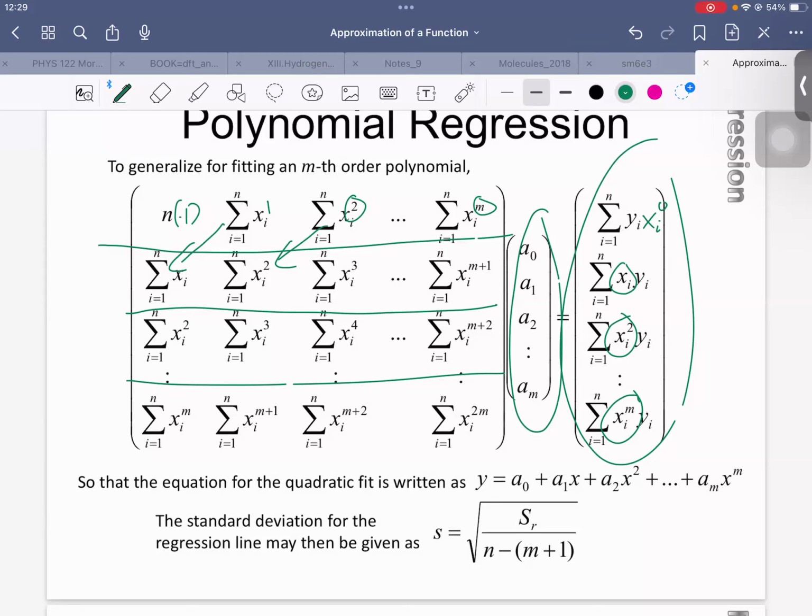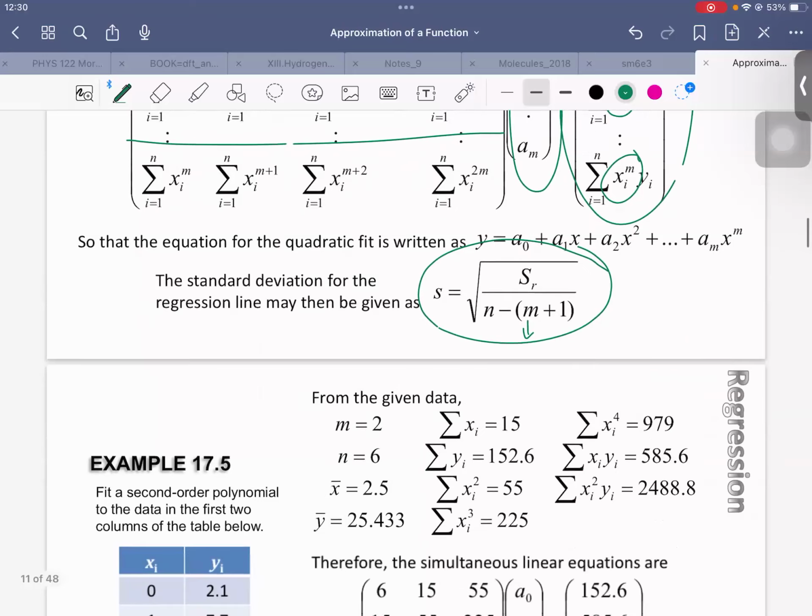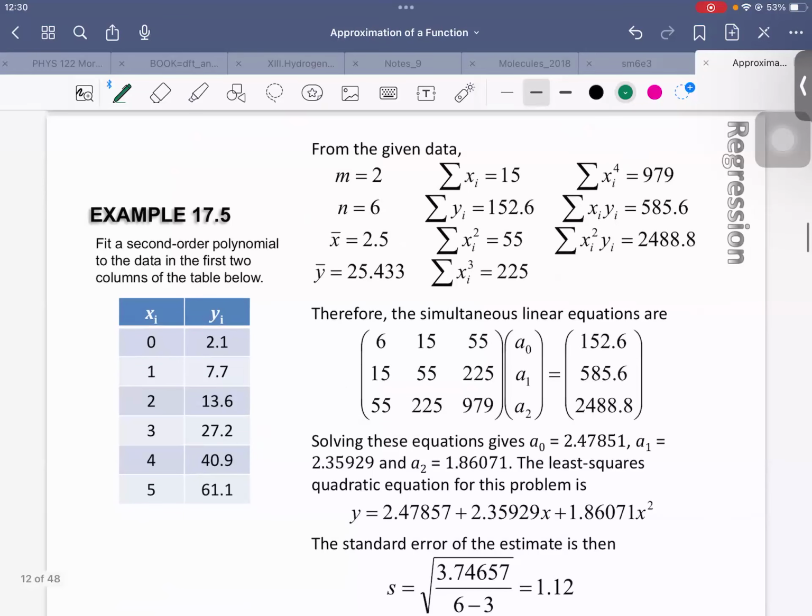Now in general, the standard deviation is the square root of SR over n minus m plus 1. So what is the degree? Earlier, if quadratic, this will be 3, so n minus 3. Now if it's linear, it's only 1, so n minus 2. Alright? So that's it. Okay, so now, for example, you have this